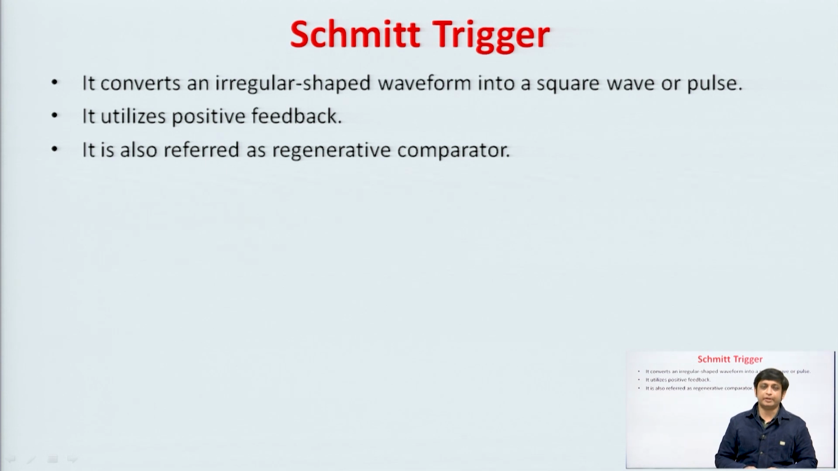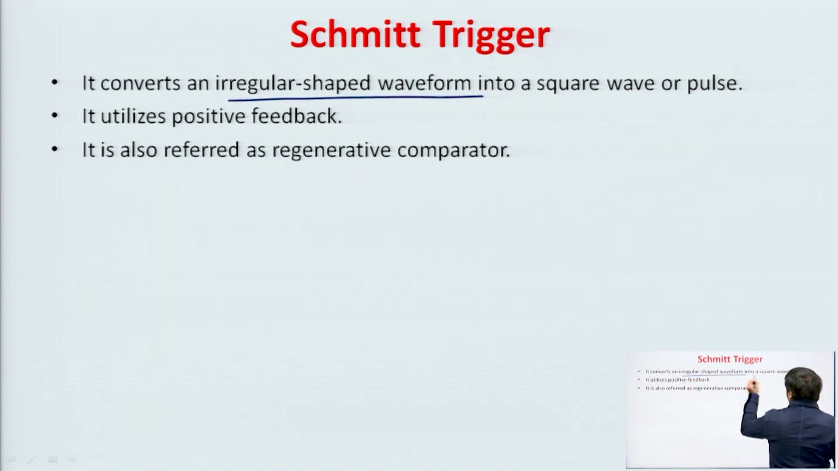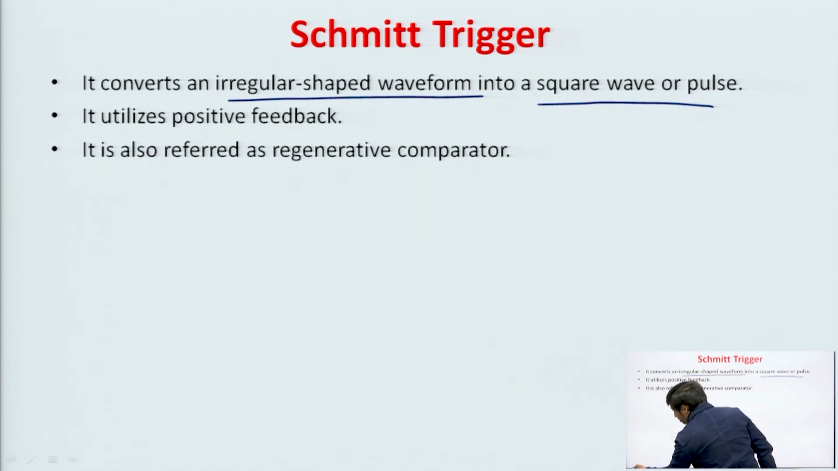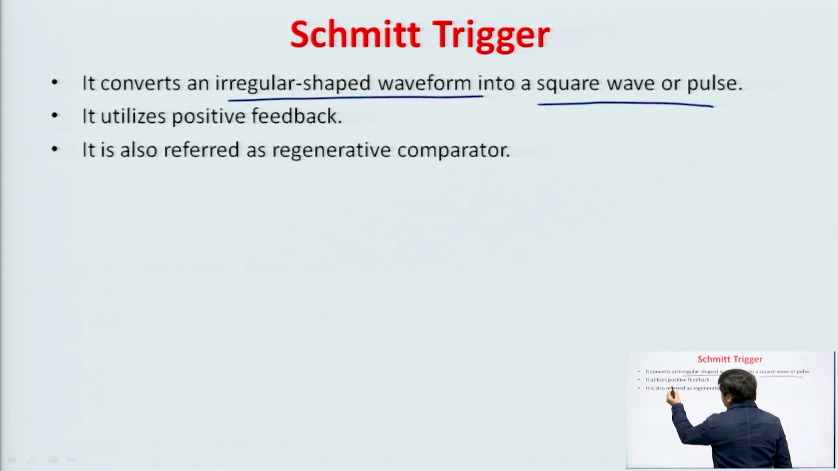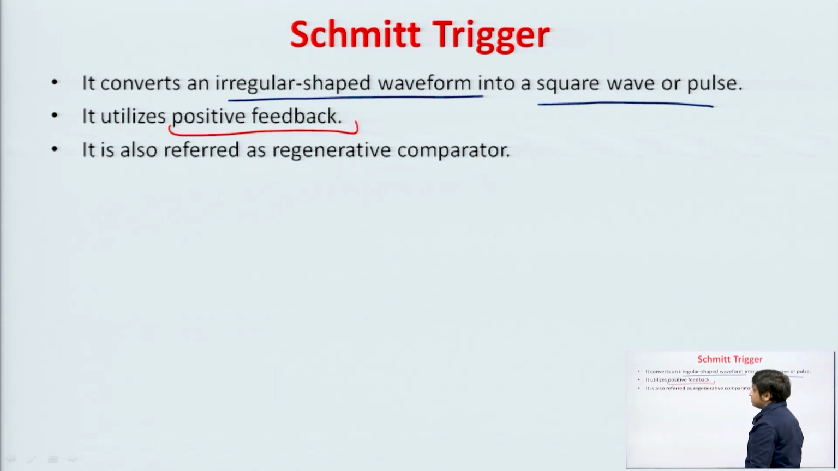Next topic is Schmitt trigger. So, Schmitt trigger is basically a circuit which converts irregular shaped waveform into square wave or pulse. And a special point about Schmitt trigger is that it uses positive feedback. Normally, this positive feedback is used in oscillators, right? We had seen that. Since this Schmitt trigger is using positive feedback, that is why this Schmitt trigger is also referred as regenerative comparator,